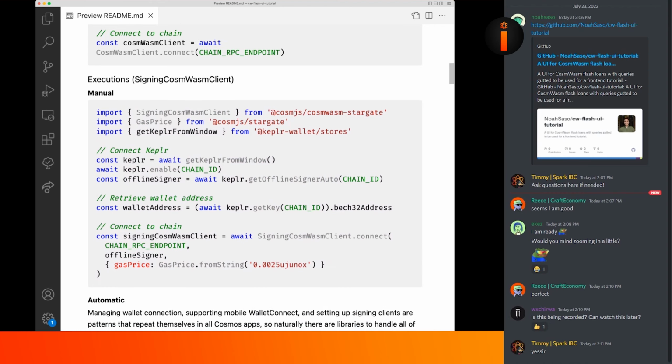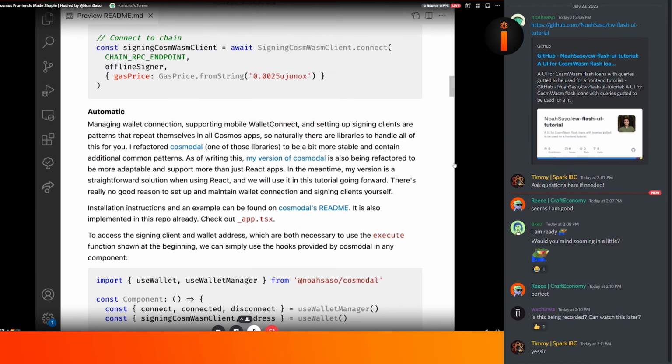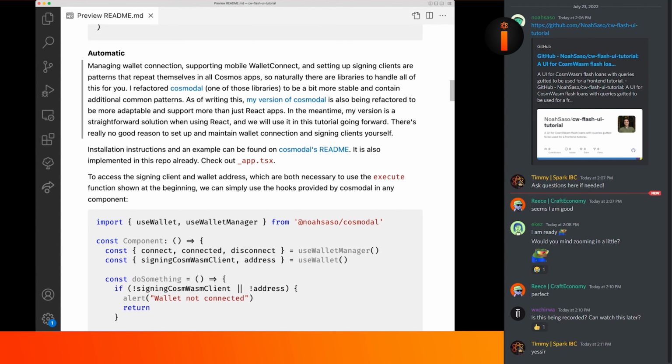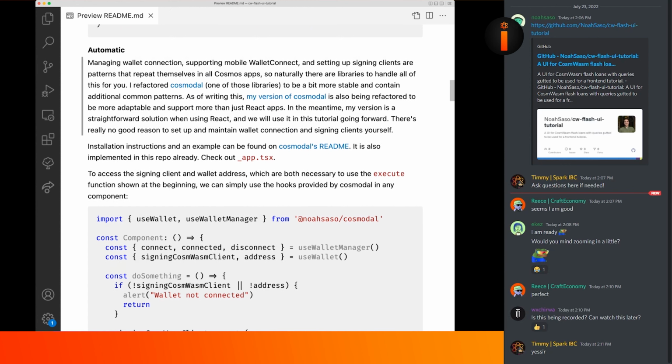And so some people decided to abstract this into libraries like Cosmodal, which was written by the creators of Keplr, which just provides the wallet connection for you and allows you to get the address. It was pretty good. It worked most of the time. There were some WalletConnect issues sometimes. So I did a little refactor of it to make it more stable and then provide some more features for